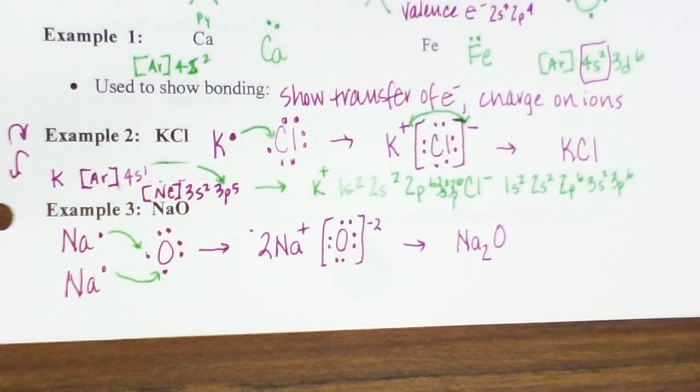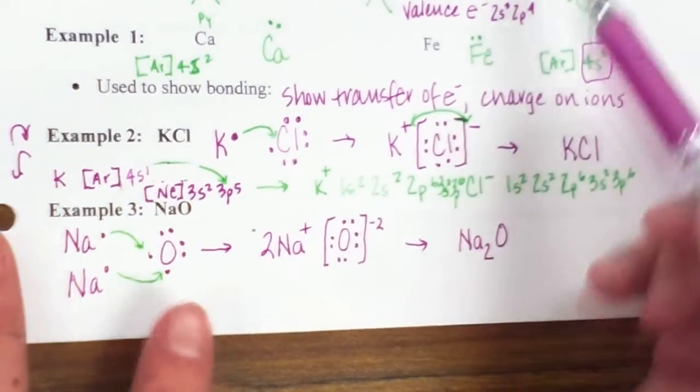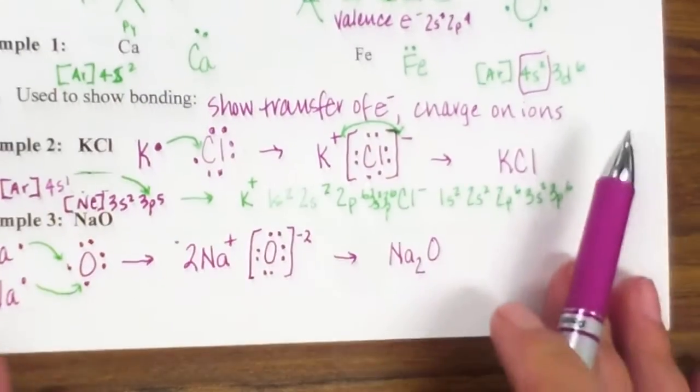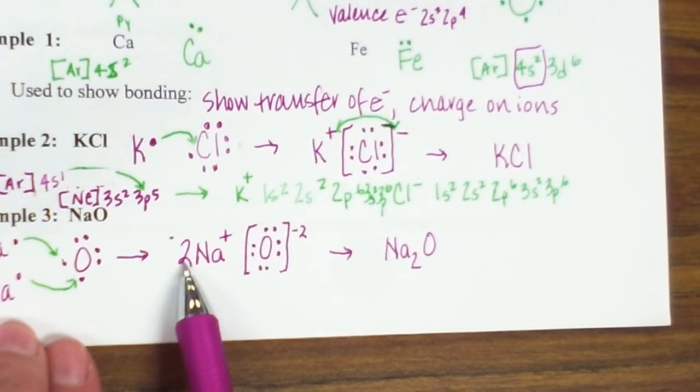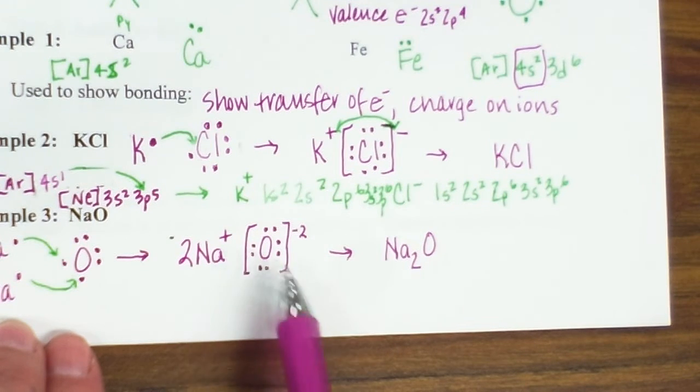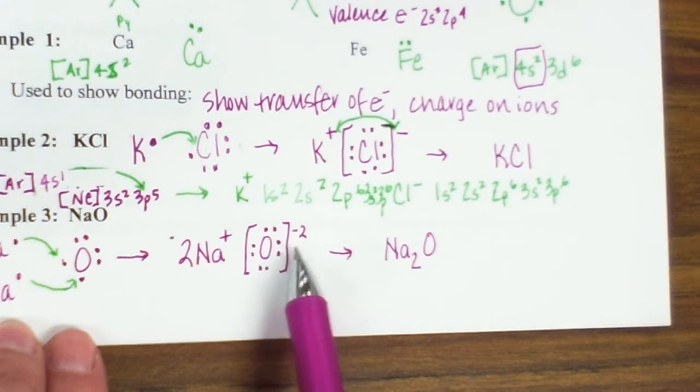All right, so this is basically the same thing, except that each sodium is only giving up one electron. Oxygen needs 2. So the 1 electrons are going to fill those 2 spaces on oxygen, which, by the way, Hund's rule left those 2 spaces available for those 2 electrons to come in. That's going to give us 2 sodiums with a 1 plus charge, and the oxygens with a -2 charge,